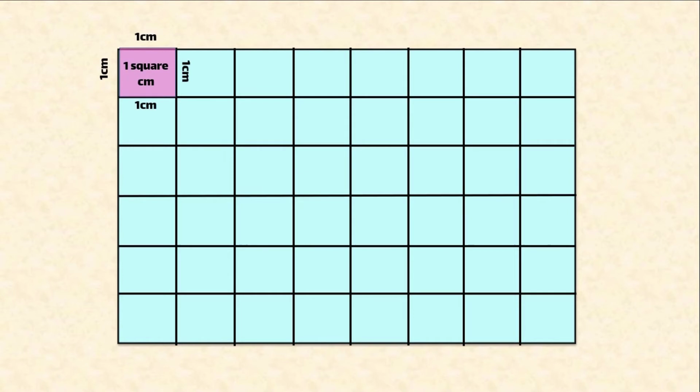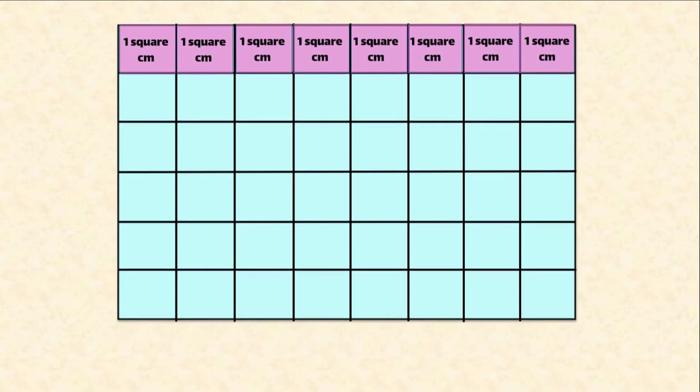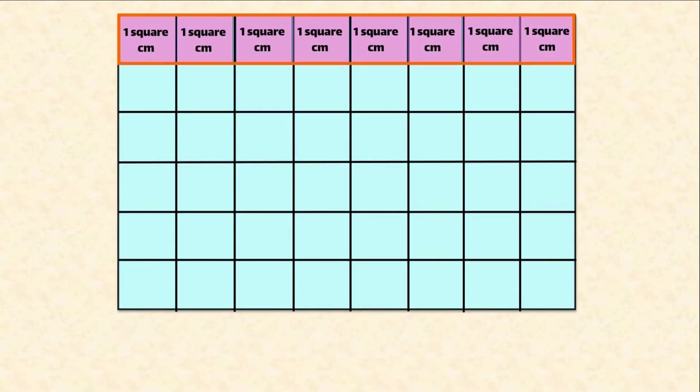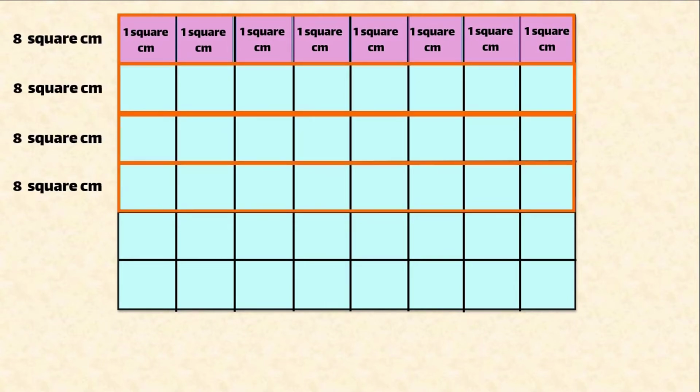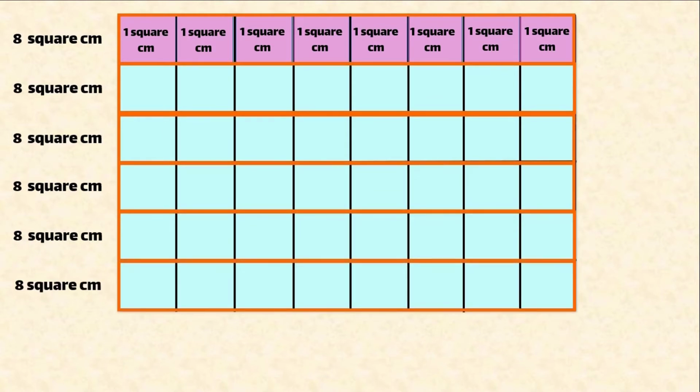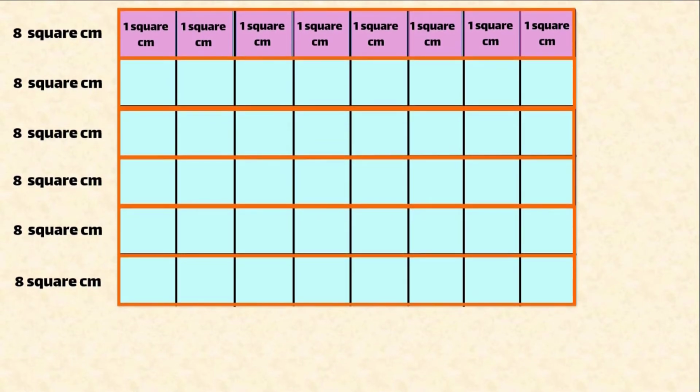And then we have to count up how many squares are in the rectangle. One of the ways is to count these squares one by one, but there is a better way to count them. In the upper row, there are 8 squares. We can also find out in the other rows there are the same squares, and there are 8 in each. This rectangle is built up of 6 rows, each of them containing 8 squares. This definition makes it easy to understand what we should do.